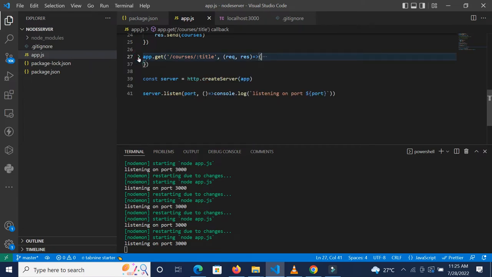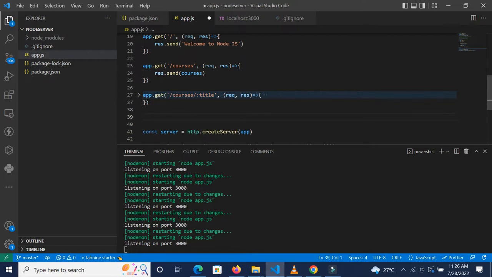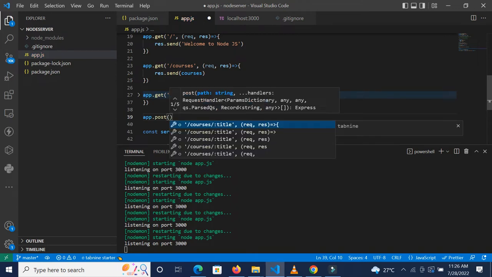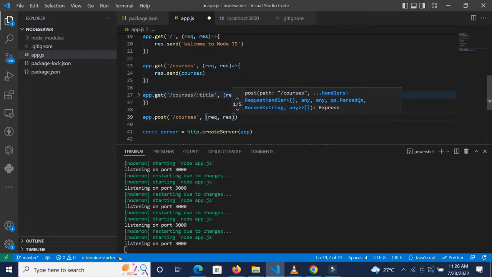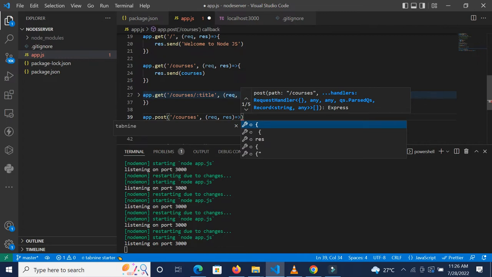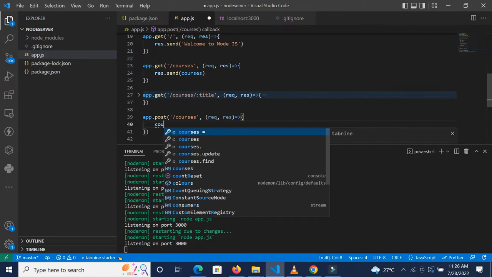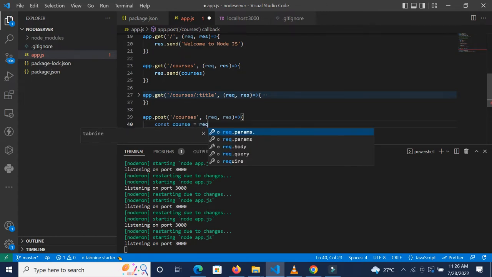Now the next thing that we're actually going to do is work on the create. Okay, so let's do app dot, which is going to be a post request, and that is actually going to go to courses. We'll have our request and then our response, and then what we're actually going to do is get the body from our request. So say, for instance, const course goes to request.body,